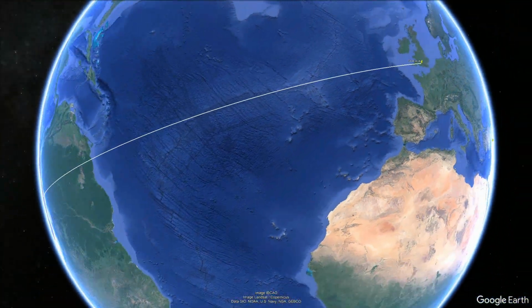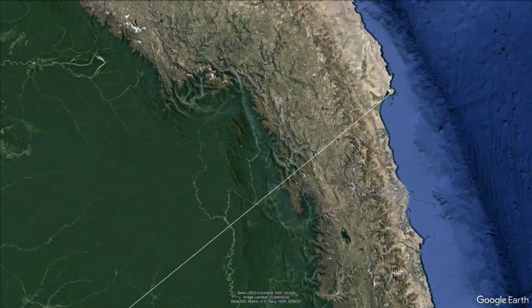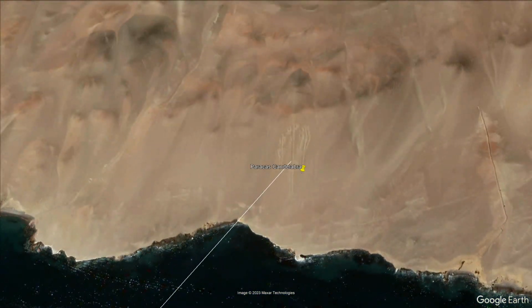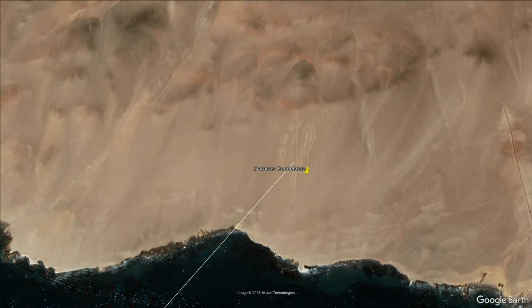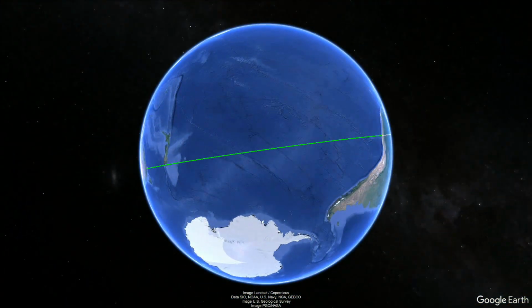And it goes to the coast of Peru, to the Paracas candelabra. And if you continue a straight line from the white line, we're using a green line to continue that. Let's go to a higher altitude,